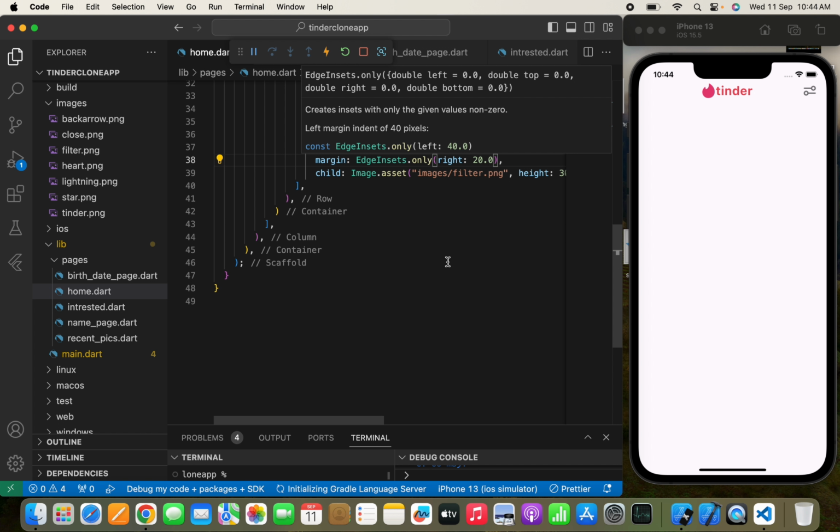So here it is. Now after the app name and the icon and the filter icon, I need to show an image of all the users where they can simply swipe left and swipe right to check out the different profiles. But I'm just making the UI of this